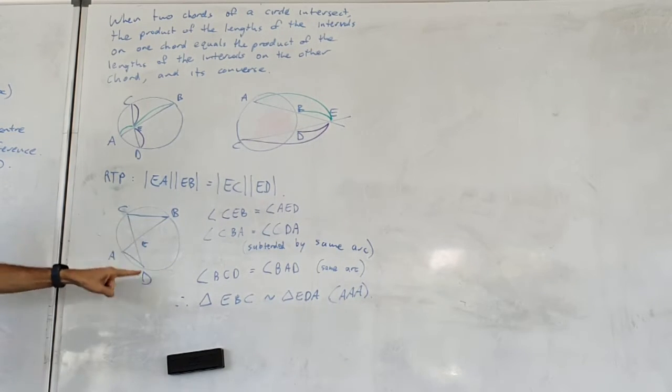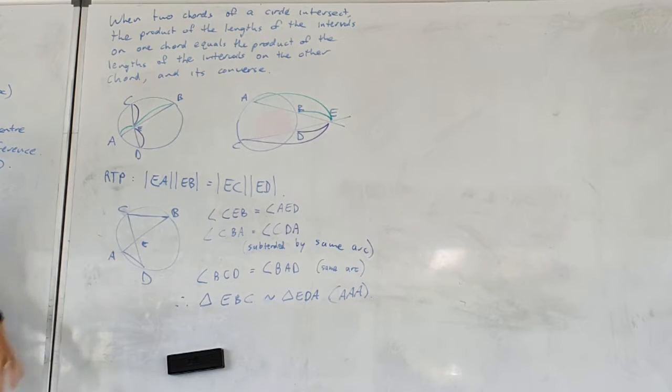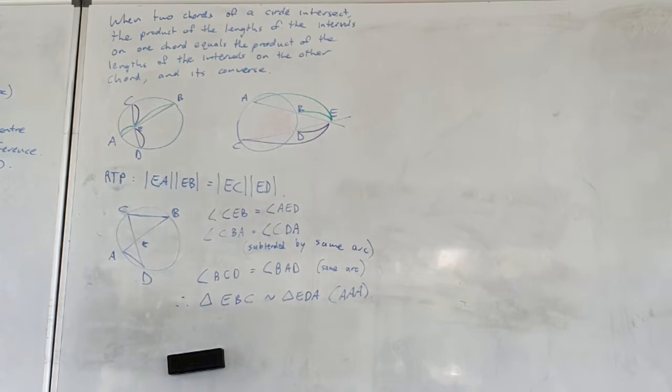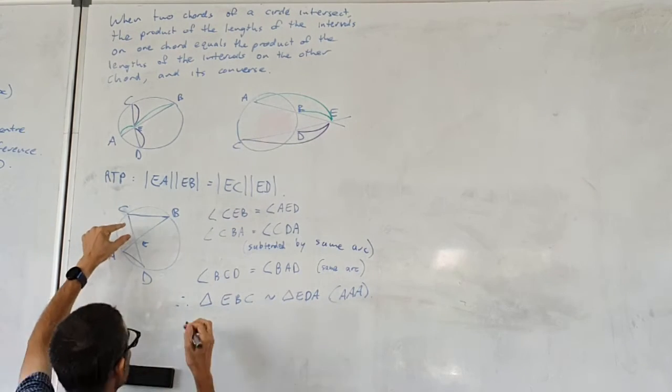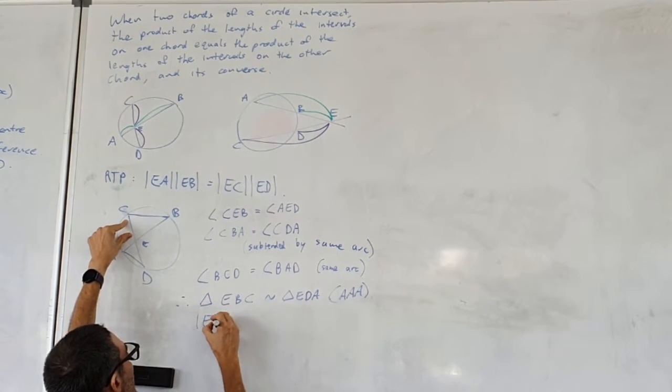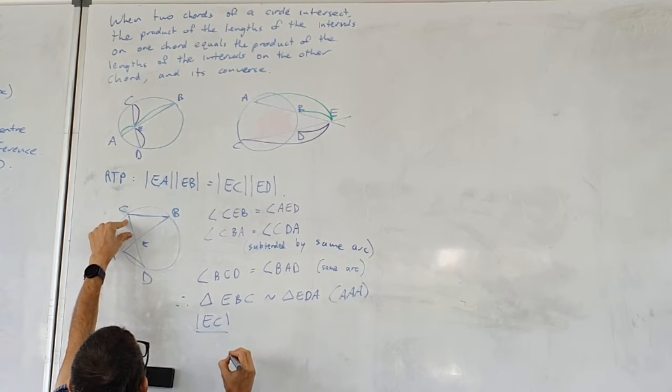EBC is similar to EDA. They're flipped over, but that's okay. They're similar, they've got the same angles. Why do I want to say that? Because if I write this down correctly, EC over